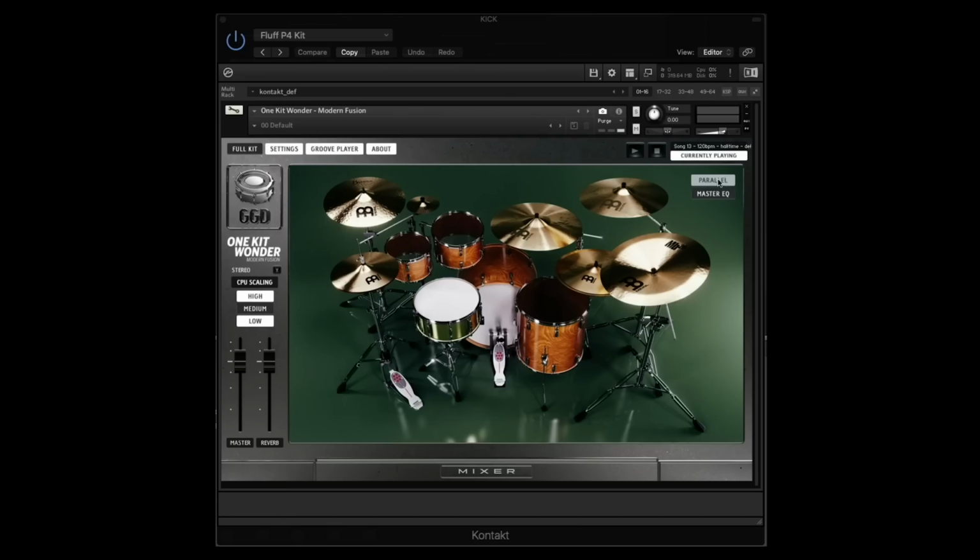It's modern sounding, it's punchy, and there's a lot of attack, and it's just really, really nice sounding. Notice I have the parallel button engaged. This is adding a parallel compression to get you some nice levelness and to kind of just make it a little less raw